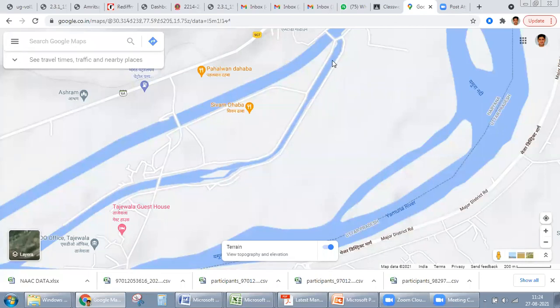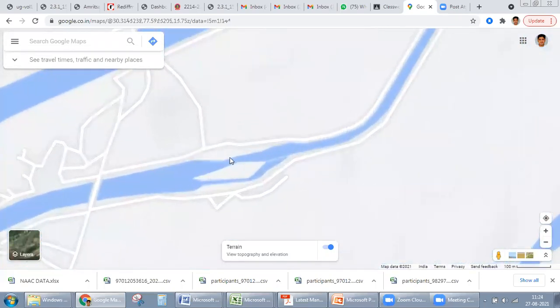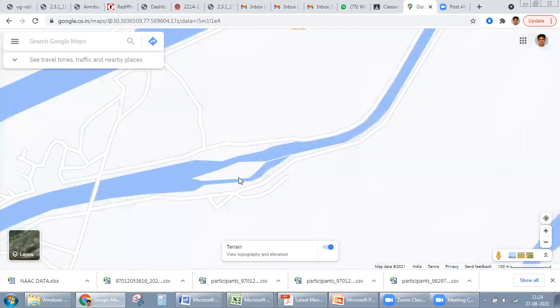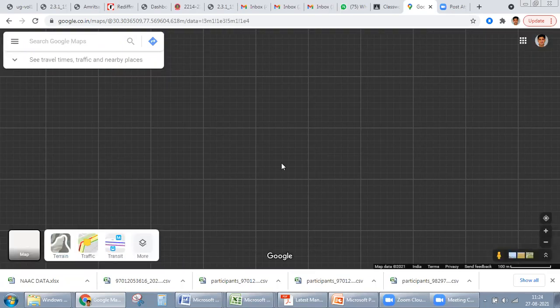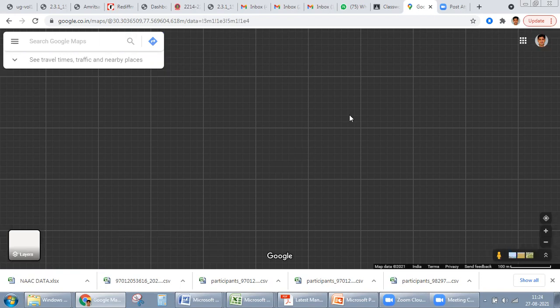So you see this water is coming over here, and you see this type of diversion. I told you that this type of diversion you will be able to identify in the map view, that there must be some powerhouse. So I'm just actuating the satellite view. It will take some time only.